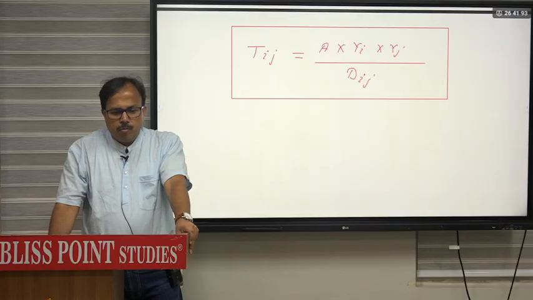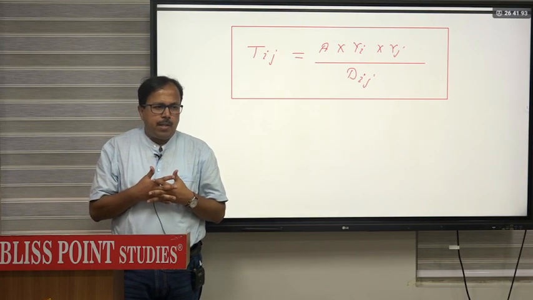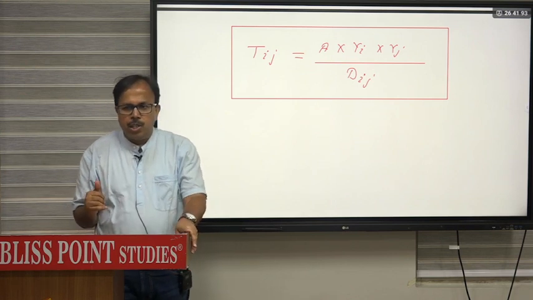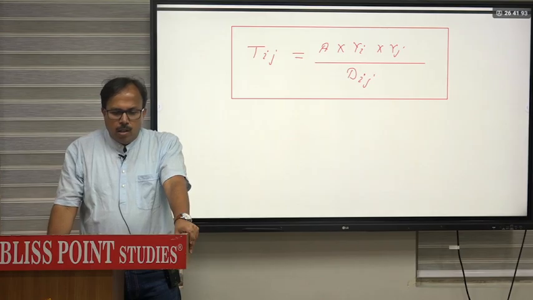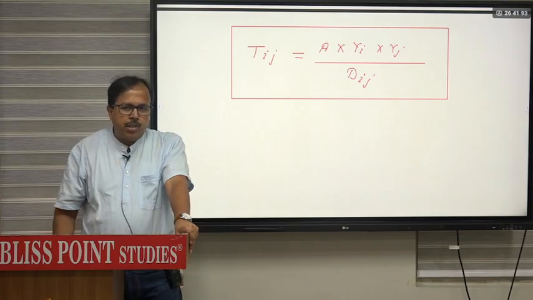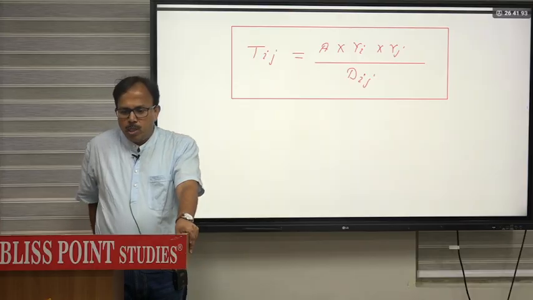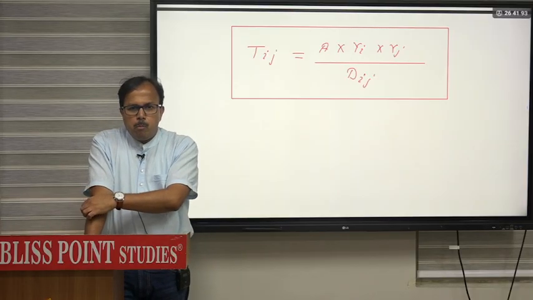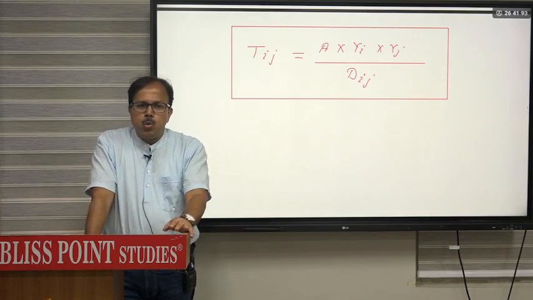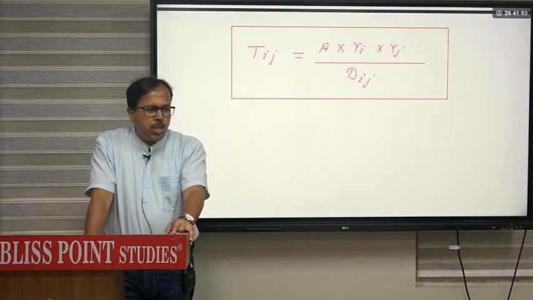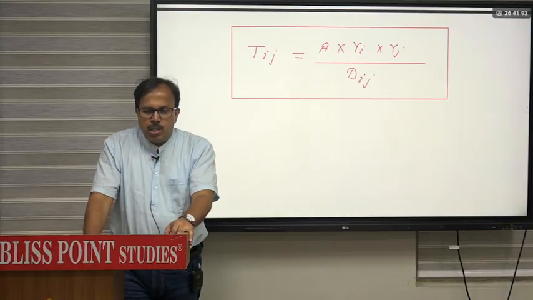Just as the gravitational attraction between any two objects is proportional to the product of their masses, and it diminishes with distance,